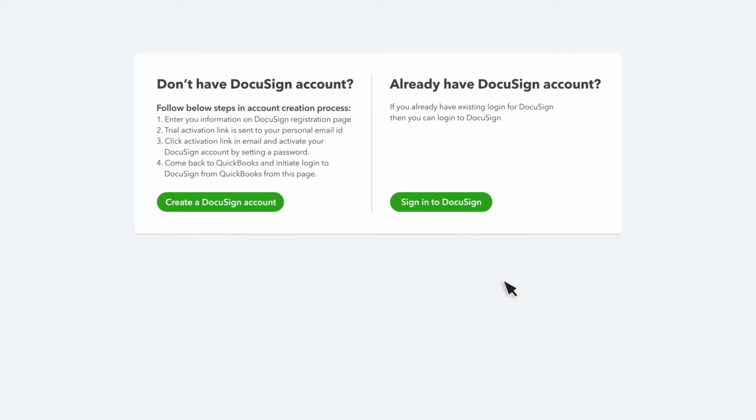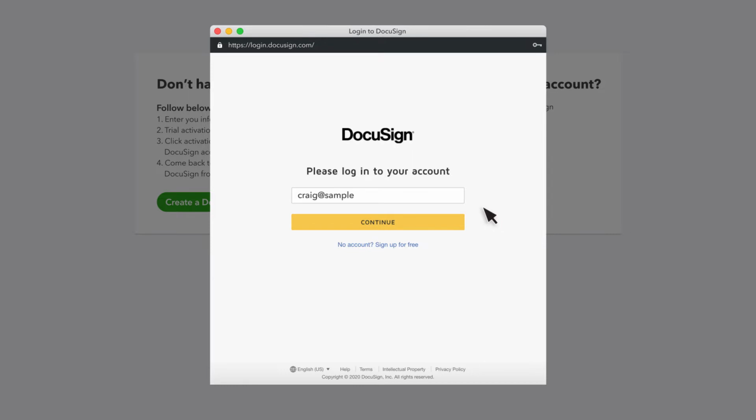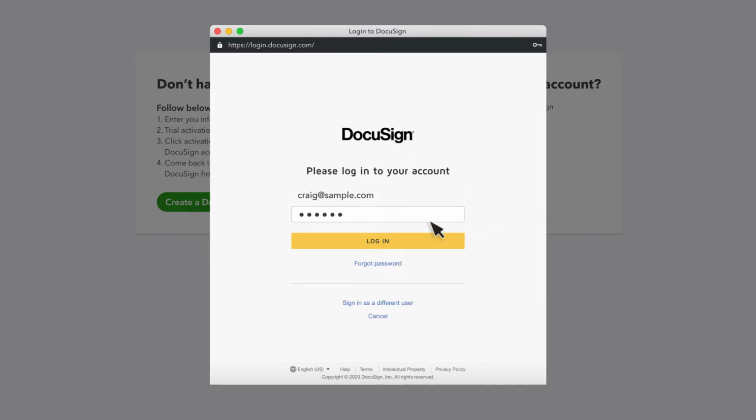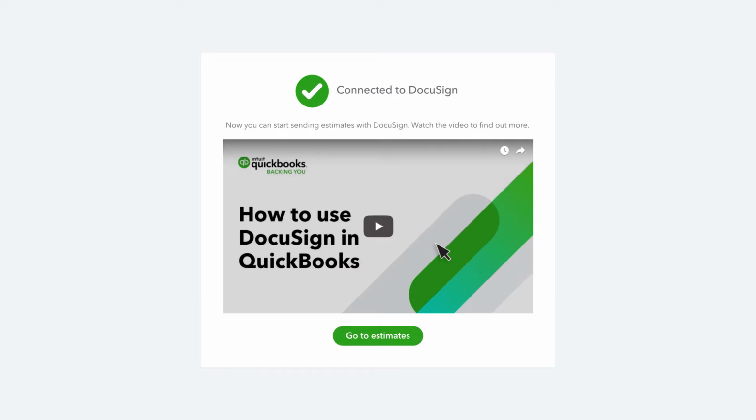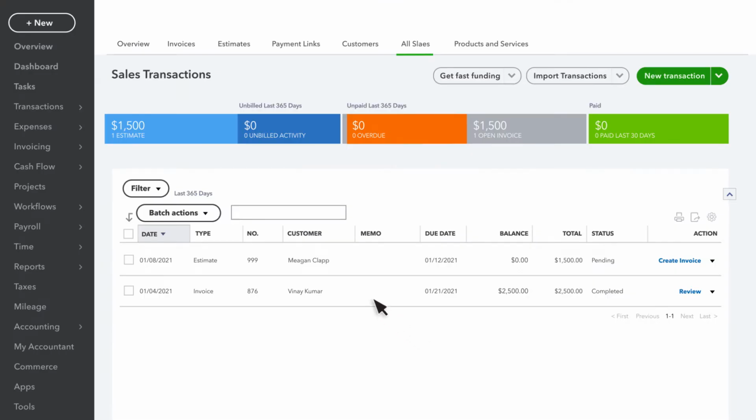Select Agree. If you don't have a DocuSign account yet, select Create a DocuSign account, or select Sign in to DocuSign if you already have an account. Enter your DocuSign sign-in credentials to start the connection between DocuSign and QuickBooks. Now that you've connected QuickBooks to DocuSign, you can use QuickBooks and DocuSign together to send and manage estimates for